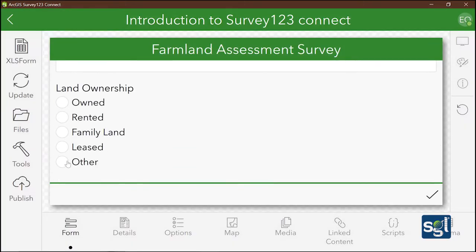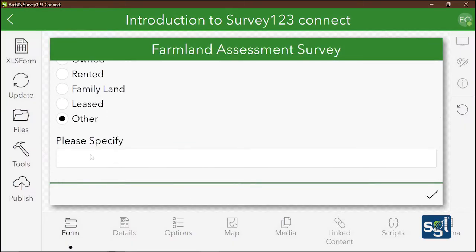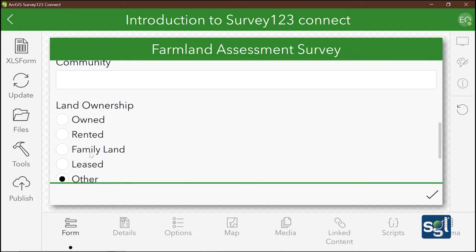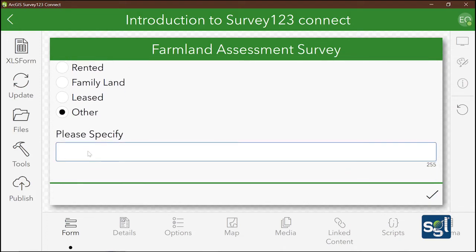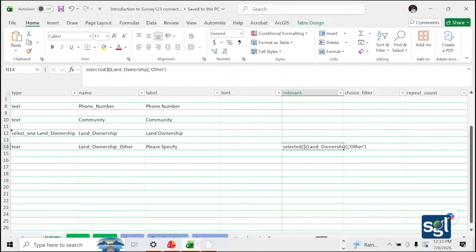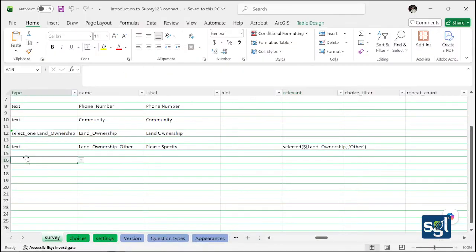So when you scroll down and you click on order, it will tell you to specify. So if you don't have your choice in the options we have here, the owned, rented, family land, lease, then you type your option in the box you see over there. So now let's go to our next question. So on the next line,